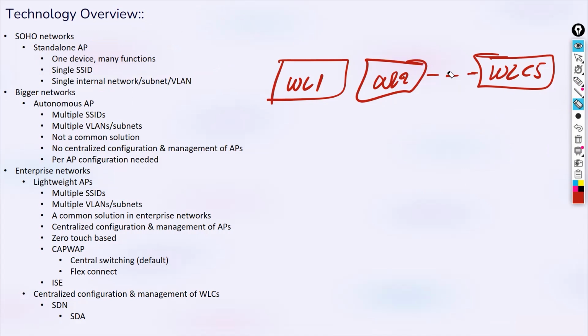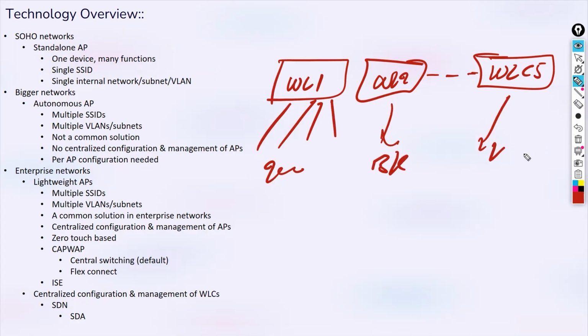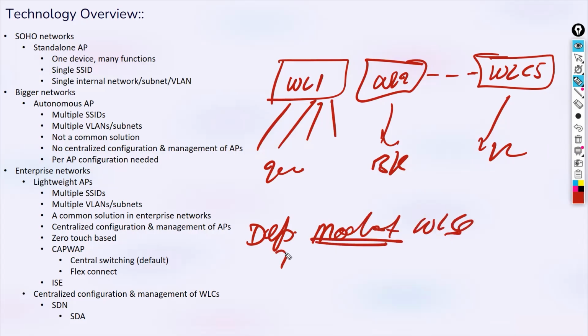All right. So these controllers, where each controller, let's say, is managing 2000, 3000, 4000, 5000 APs. There are different deployment models of WLCs we'll talk about. One can be centralized, also called dedicated.